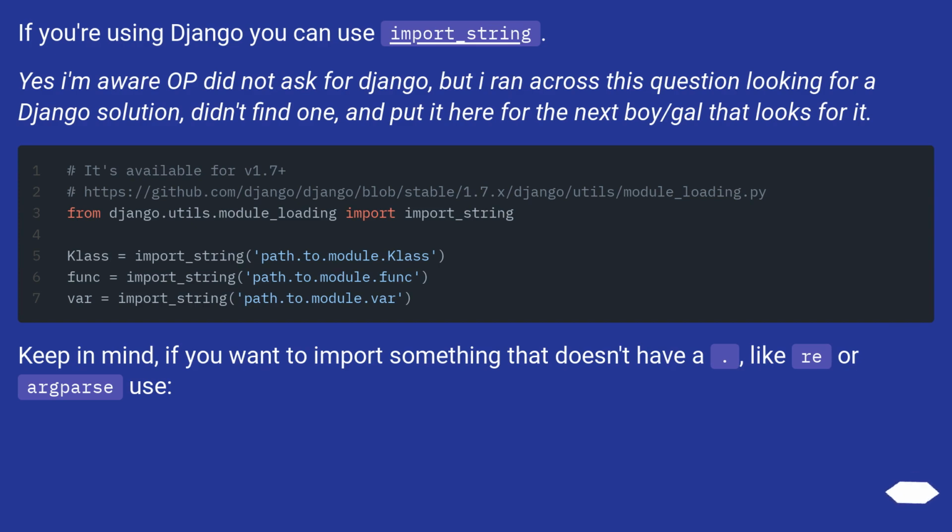Keep in mind, if you want to import something that doesn't have a dot, like re or argparse, use